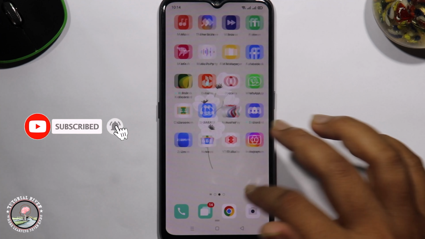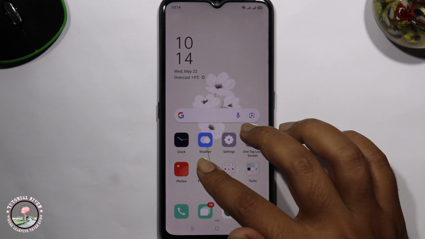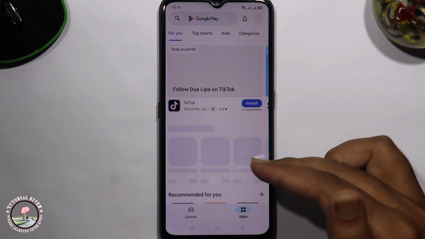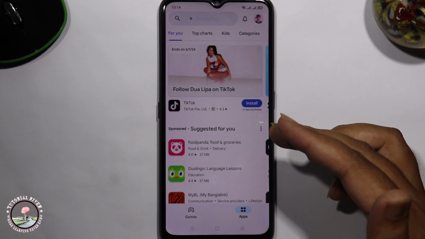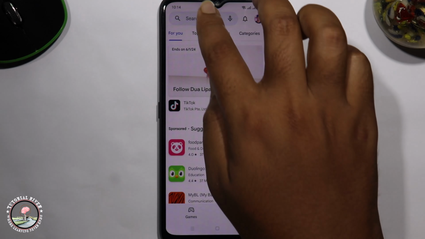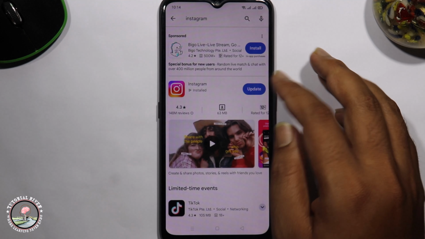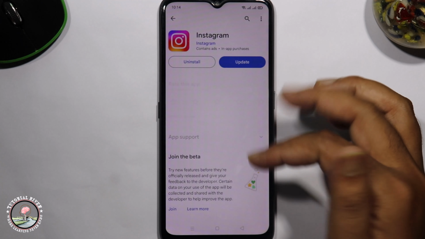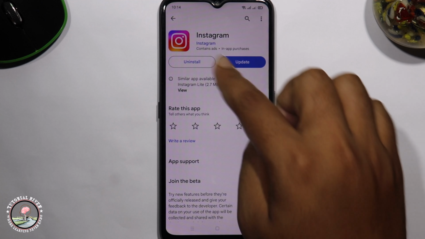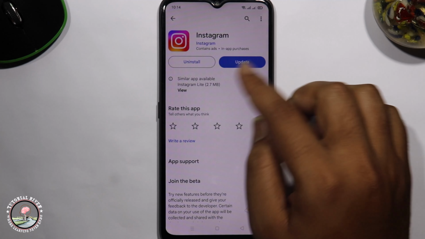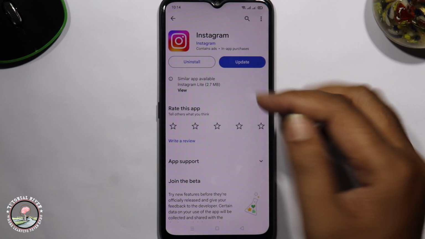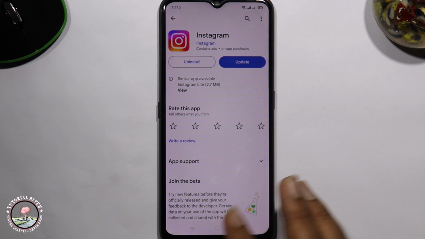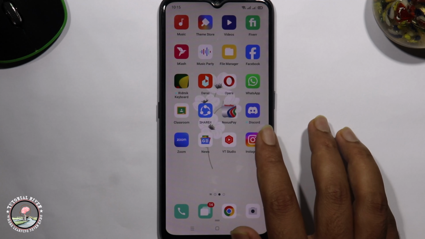So first of all, open your Play Store, or if you're using an iPhone, then go to the App Store. Go to Instagram, check if your Instagram is updated. My Instagram is not updated. Click on update, or go back, open Instagram,